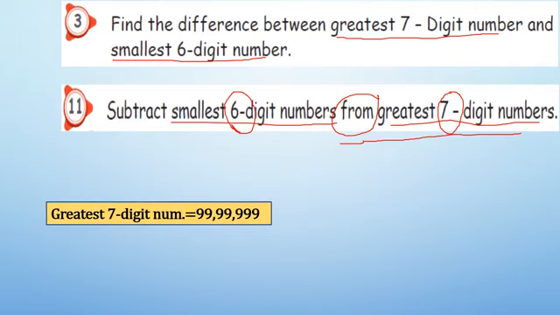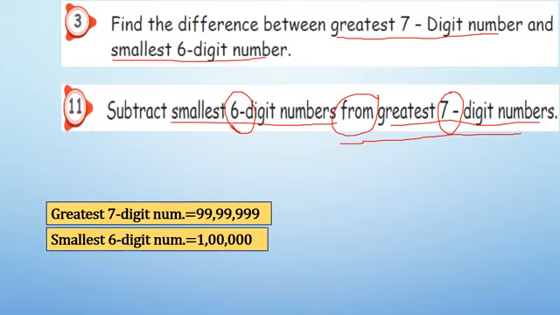So 7 digit should be there, 7 இருக்கணும், 7 digit should be there, but greatest number is 9, isn't it? So 9 9 9 9 9 9 9, so 7 times is there, 7 தடவை எழுதியாச்சு. Then smallest 6 digit number, in this 1 is the smallest number and remaining we have to join with zeros. So if I join 5 zeros only, I'll get totally 6 digits. So that I mentioned here. நம்ம ஏற்கனவே smallest greatestல அந்த வீடியோலே பார்த்துட்டோம். பார்க்காதவங்க அதை பாருங்க. You will get a clearance. Okay. From this I did this.